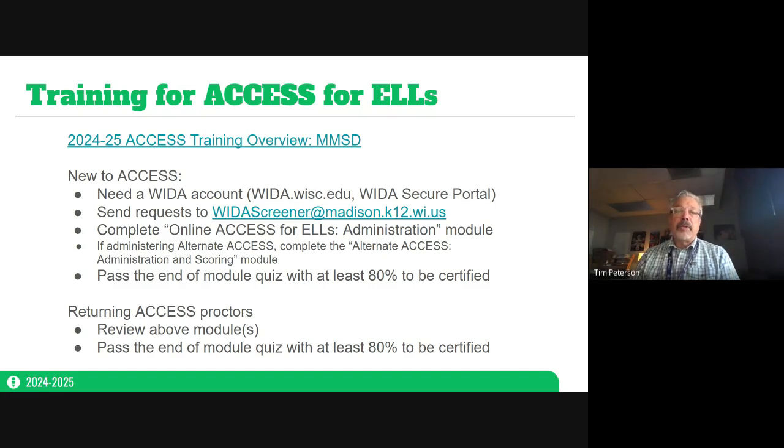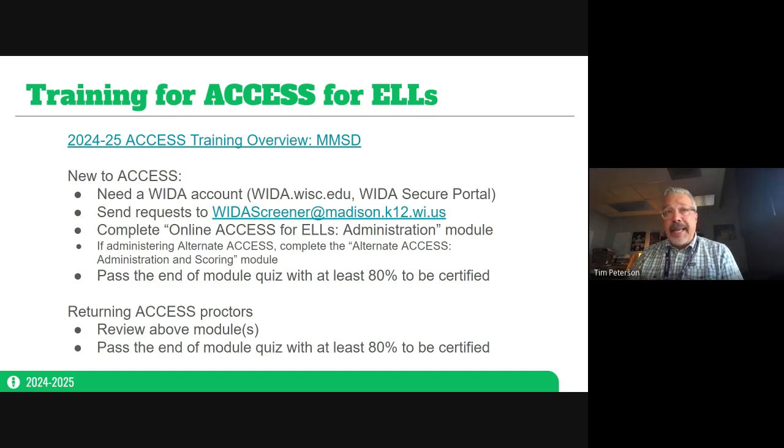So please make sure that even if they are not typically a staff member who works exclusively with English learners, those who are doing the alternate access are also going through the module. The alternate access has changed in the last year. Last year was a new year for it. That's why the results came back late. So just keep in mind that that does require additional professional development.